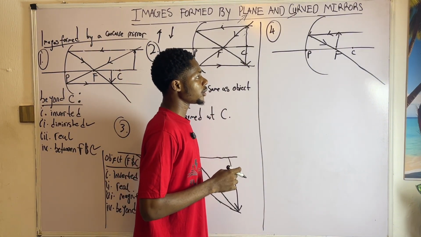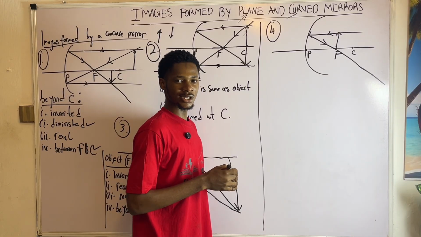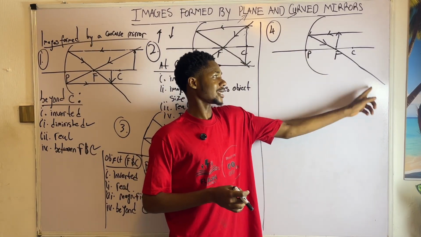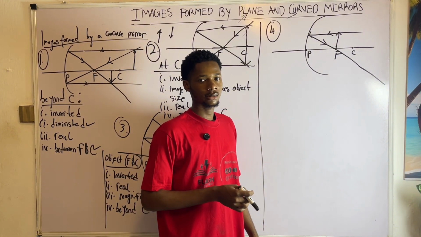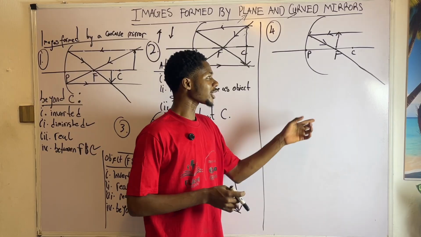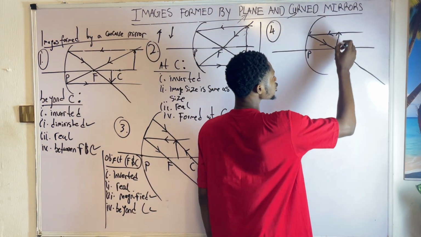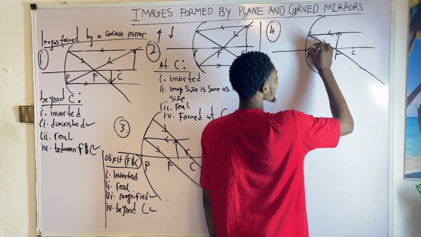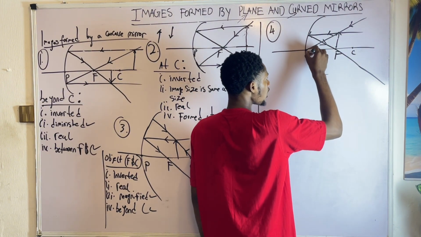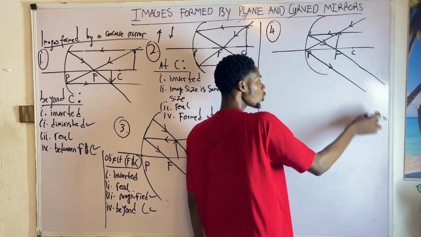Okay, now one thing about whenever an object is placed at F is that no matter where we pass the ray of light, it will not intersect this guy. That's the truth. No matter where we pass the ray of light, it will not intersect it. So even if I choose to make use of root 2, and the light ray strikes the pole, it is going to emerge like this. Okay, it is not going to be